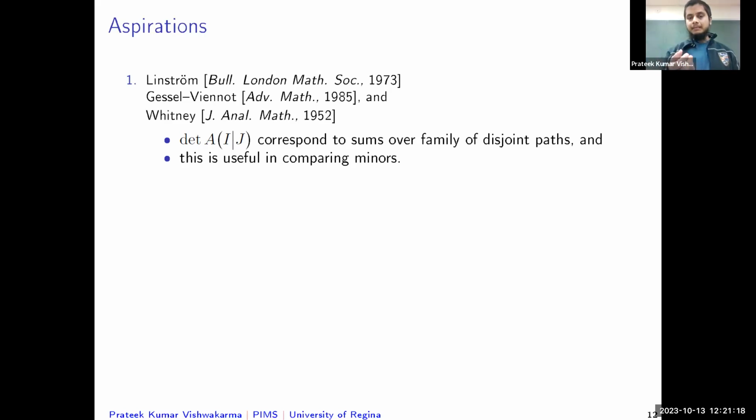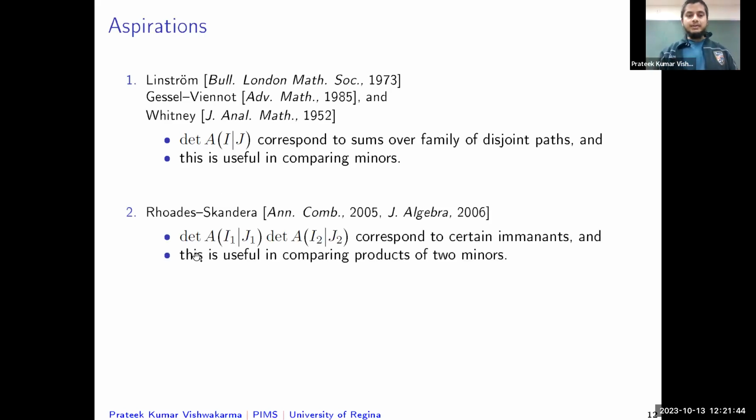Now, comparing minors is not a very difficult question here because of the result due to Whitney and Lindström-Gessel-Viennot. It's not very difficult to see that you can compare two minors over all totally non-negative matrices if and only if those minors are exactly equal. However, things become more complicated if you want to compare two products of minors, for instance. So suppose you want to multiply two minors like these, and you want to see when they are comparable over all